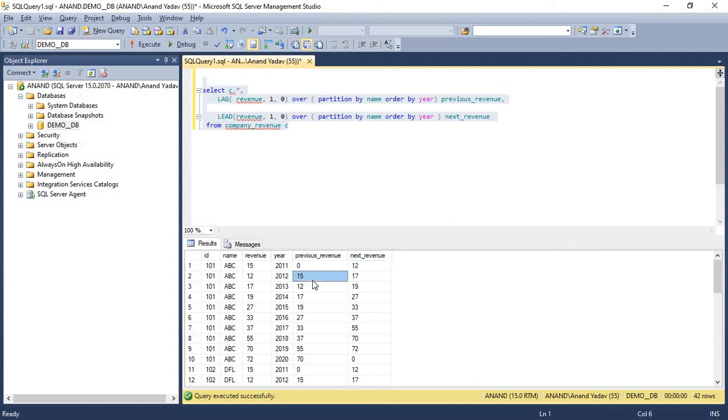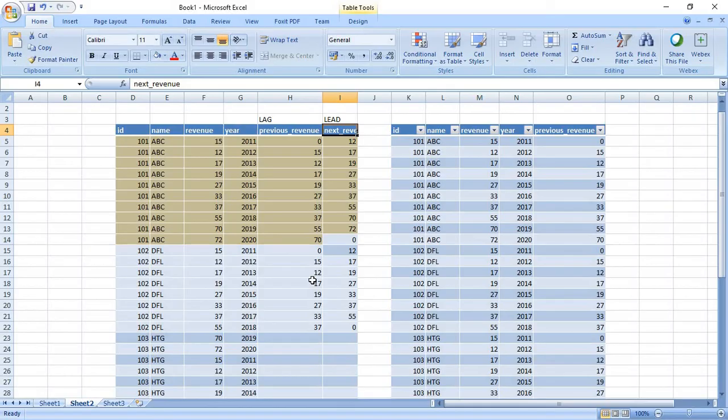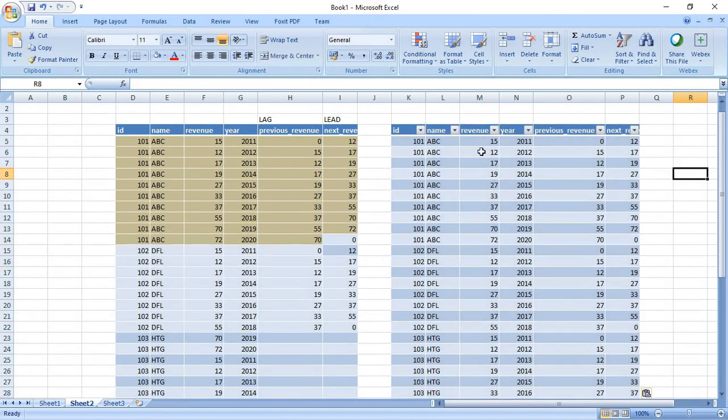Let me compare this result with our Excel sheet. I just copy paste here. Yeah, you can see the lead query result. For year 2011 the value is 12. And here you can see that for year 2011 the value is 12. So that is how we verified it.